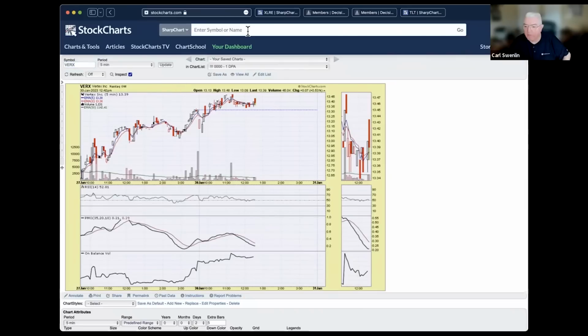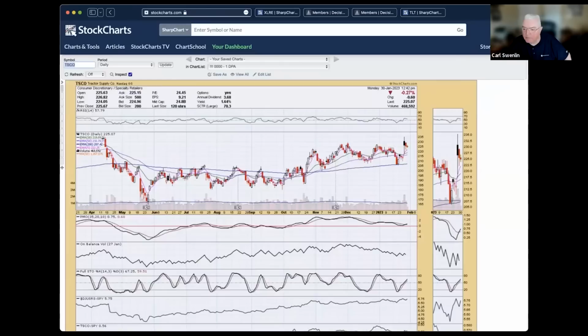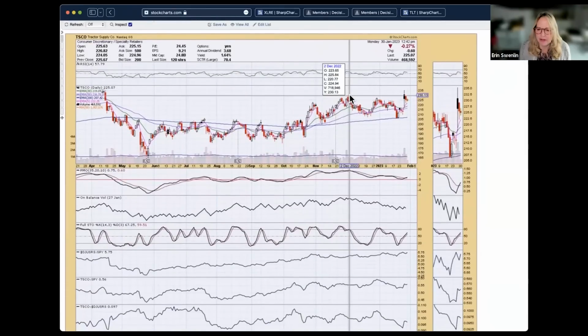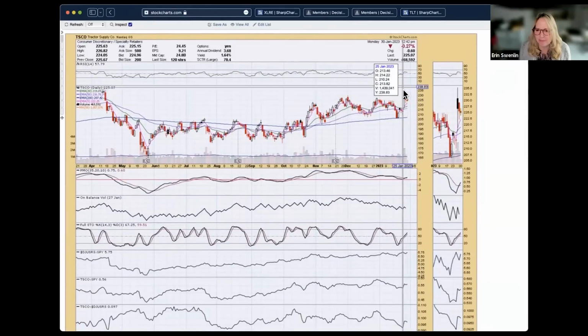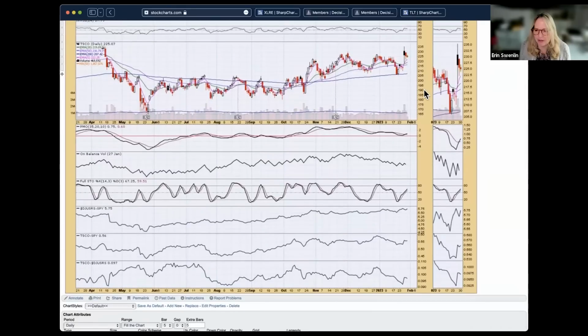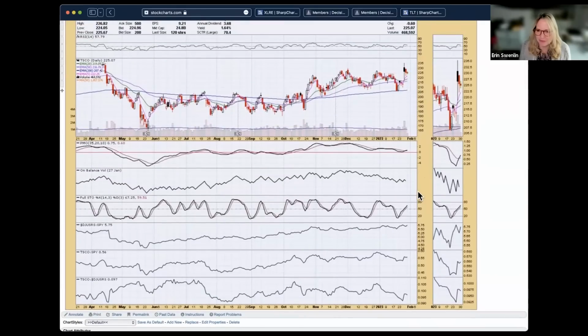Next one. Okay, TSCO. Consumer discretionary. Well, it had a failed breakout on a bearish filled black candlestick. That tells me this is a reversal candidate. The PMO did give us the crossover, and the RSI is positive, so I'm not going to ding it too hard for what's going on with price, but price is primary.